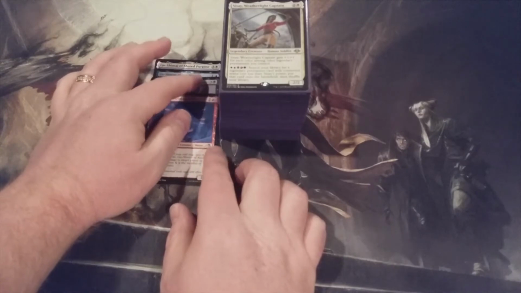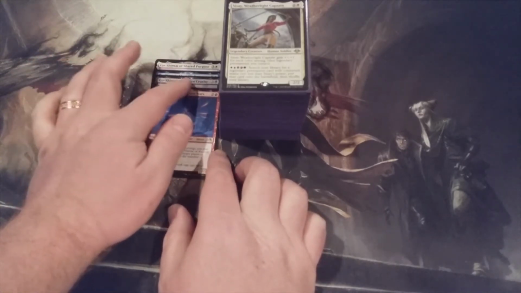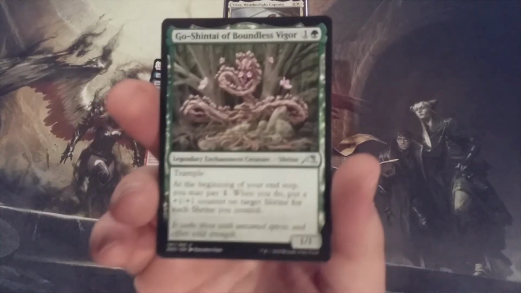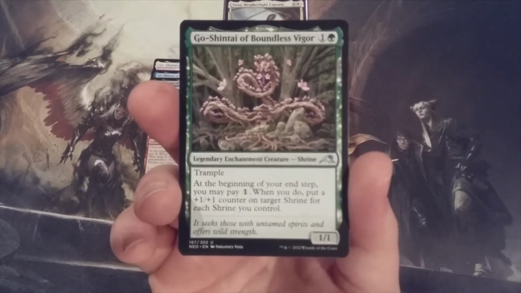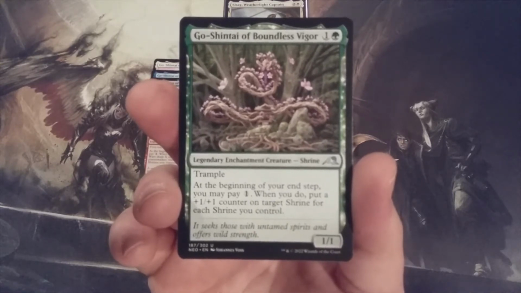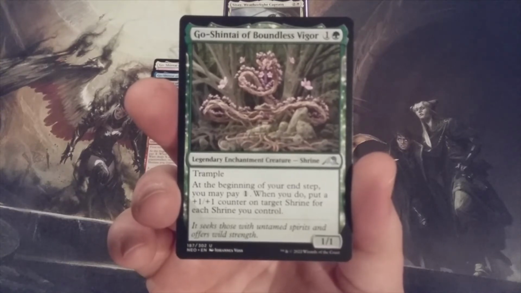All right, so if you're following the color pie chart there, you know that the next shrine we have is our Go Shintai Green Shrine. And that's going to be Go Shintai of Boundless Vigor, a 1/1 trampler. At the beginning of our end step, if we pay 1, we put a +1/+1 counter on target shrine for each shrine we control. So that's going to be an interesting set of circumstances here, because at this moment, this